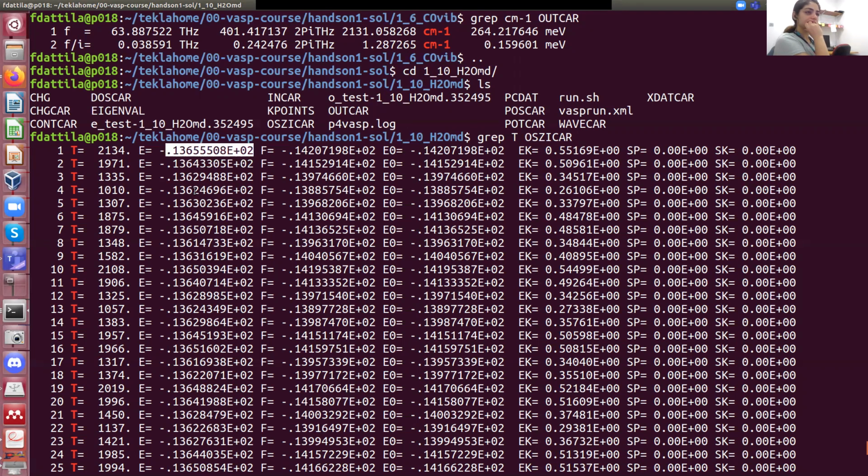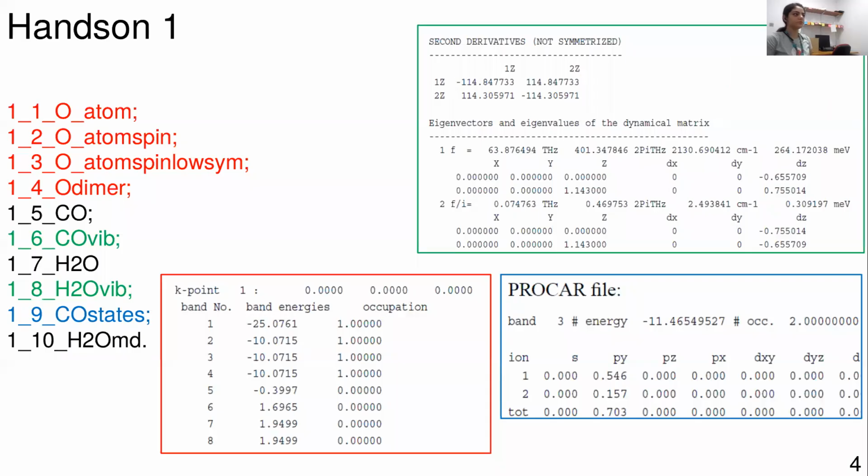Because what you are changing is the kinetic energy of your system. And you see here that you have higher kinetic energy because the temperature is higher, and here you have lower kinetic energy because the temperature is lower, so the molecule will move slower, okay? So I think these were just the important things that I wanted to focus on for answer one, the other ones are not that important.